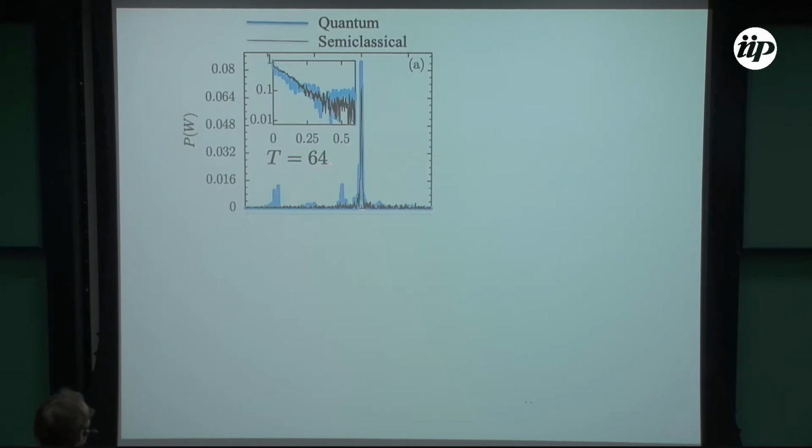The quantum is computed for this, and this is the characteristic function. In the inset, I show the characteristic function. Okay, so this is for temperature equal to 64. The mean level spacing of the stadium is 7. So for this temperature, essentially, we have less than 10 levels. Okay, this is a real quantum